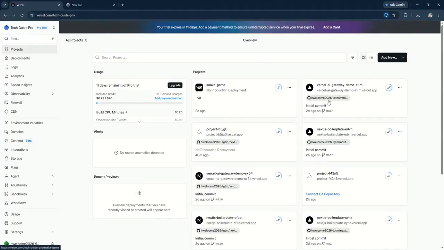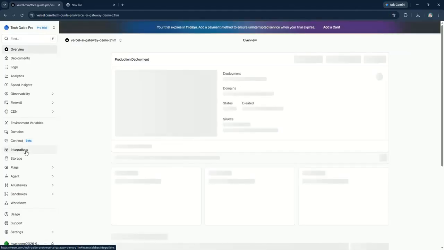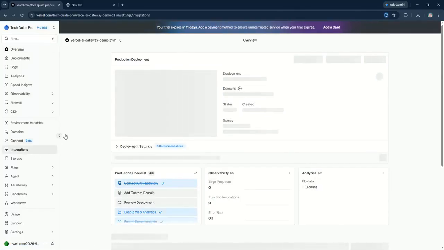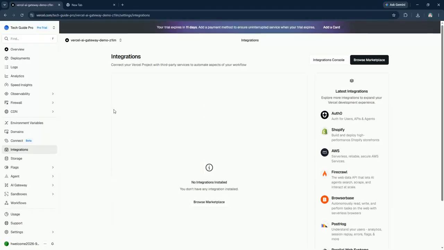Next, you need to go to the Integrations section in the sidebar. From there, click on Add Integration and search for Vercel AI Chat. Click on it and you'll be guided through the setup process. You might need to authorize the integration, so follow the prompts and make sure you grant the necessary permissions to